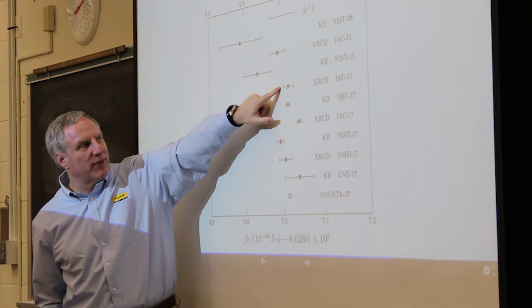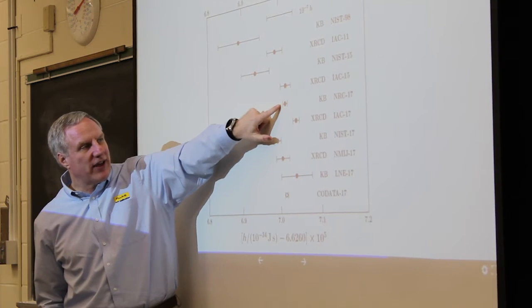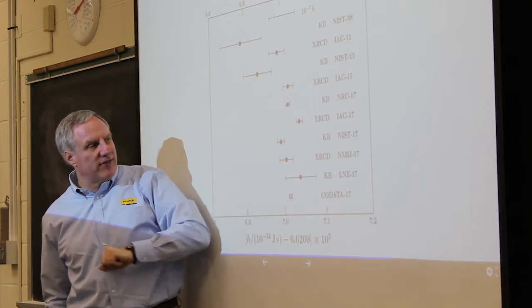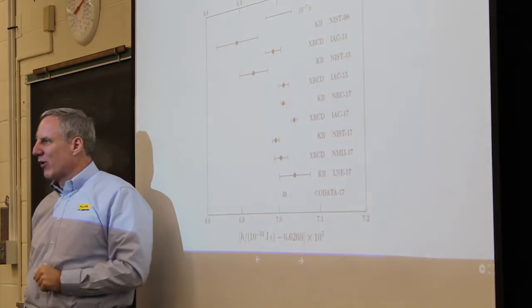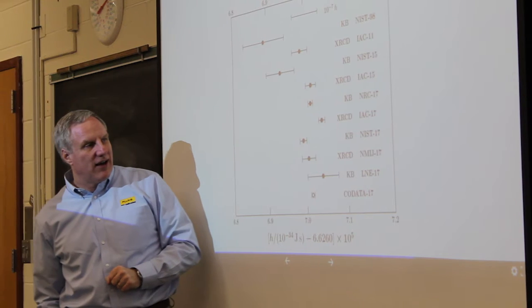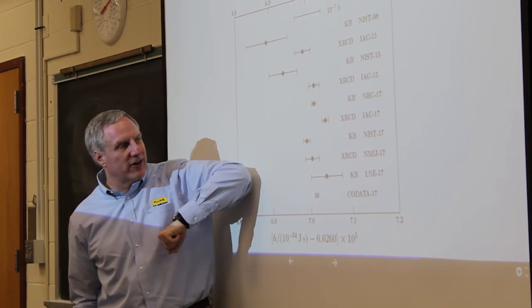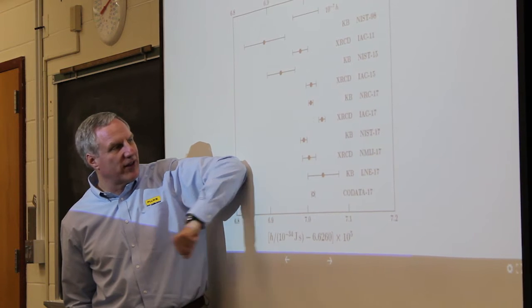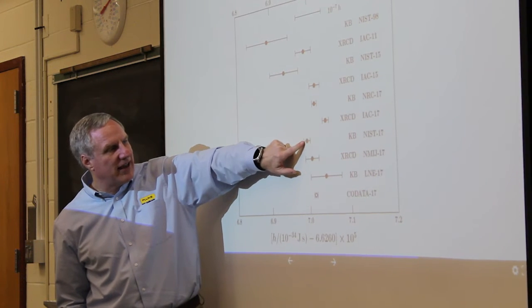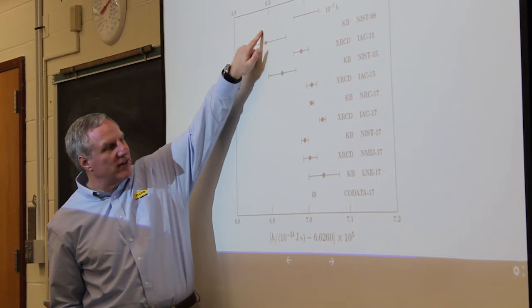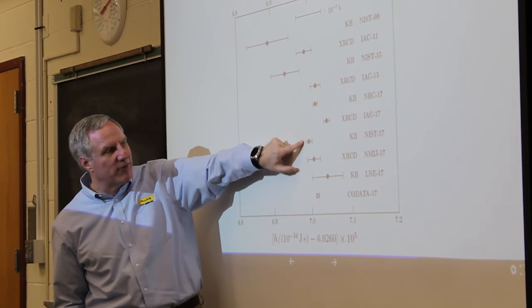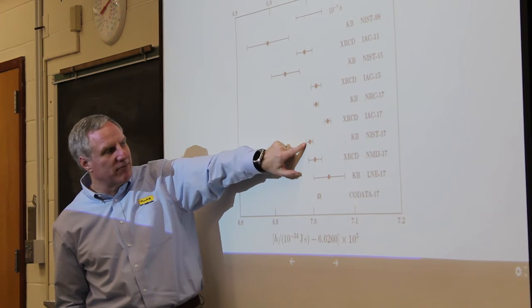Here's the IAC measurement in 2015. Here's NRC Canada in 2017, best measurement. They've really nailed it with their watt balance. The IAC in 2017, that is their value for the X-ray crystal density. And here's NIST in 2017. So you can see where NIST has gotten better and better and better, and our uncertainty's gotten much better as